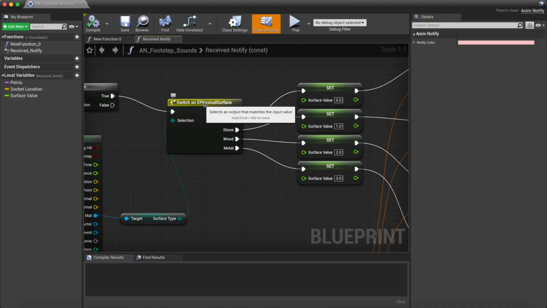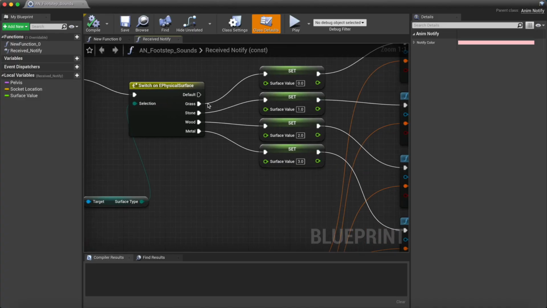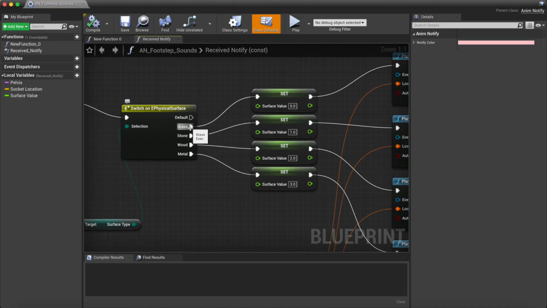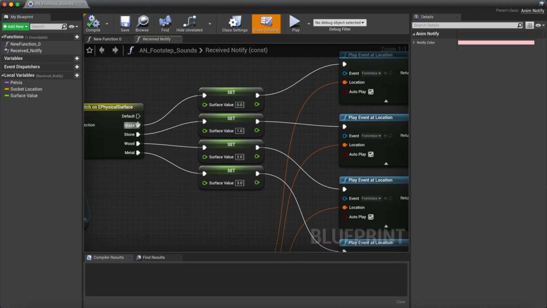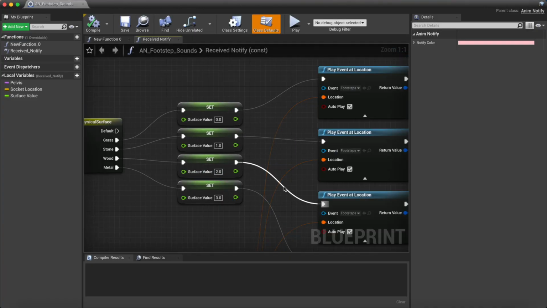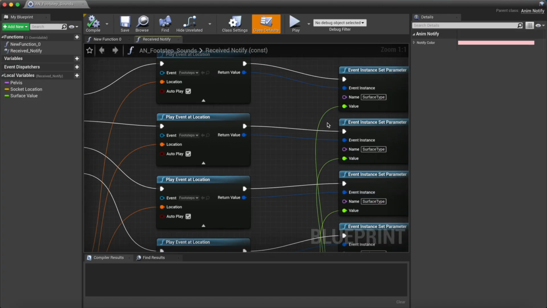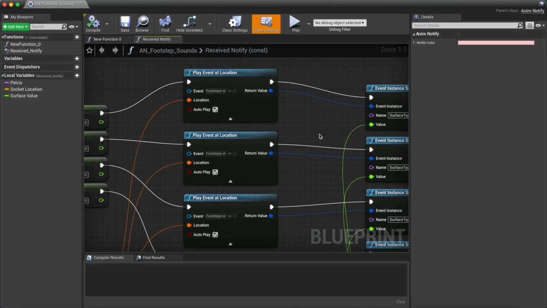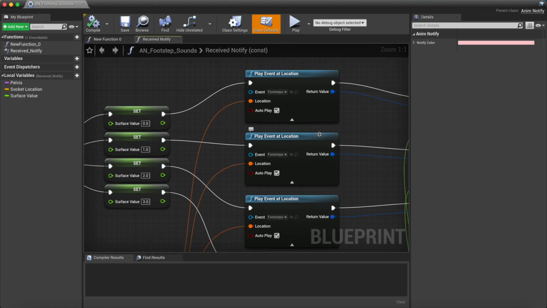With this enum right here, moving on from here, you can see that there are different execution pins for each of the materials. That is because they're each going to need to set a float variable to a different value. You can see grass setting it to 0, stone setting it to 1, wood is 2, metal is 3, so on and so forth. The reason for this is that this surface value variable is going to need to be called later on to set the event parameter. But before that, what happens